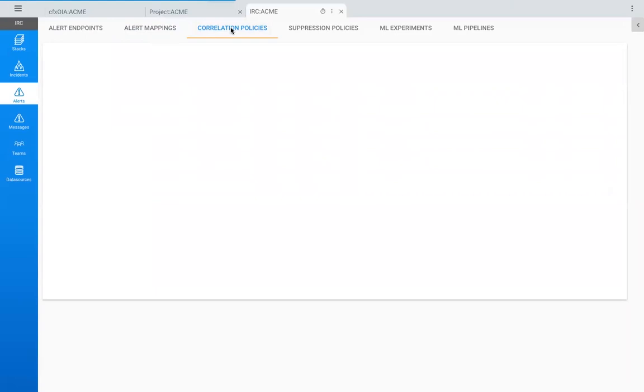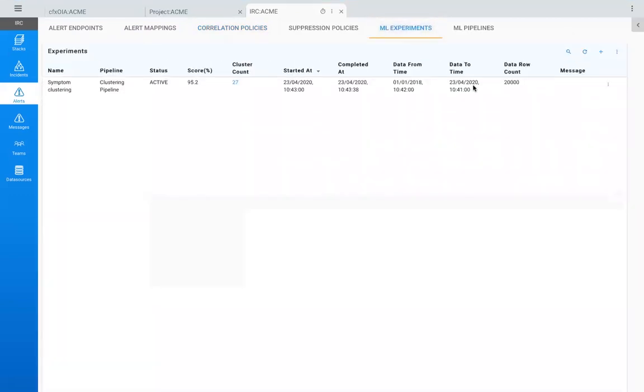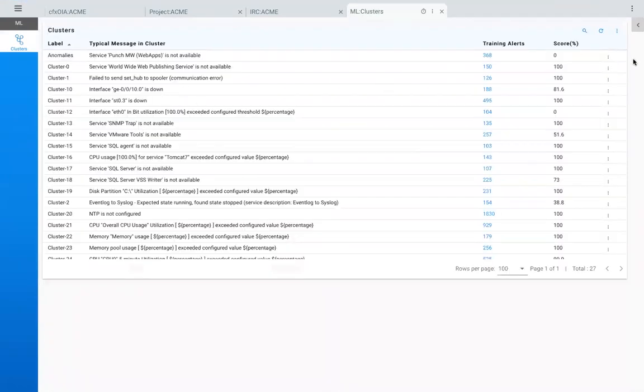And then the correlation policy. As we said, there are two ways to do it. Either users can create their own policies, but most important is your tool should support the ability to generate these recommendations using ML experiments. You should make sure that you have the ability to run experiments. It takes some time because you may want to try a few parameters, whether it's the cluster sizes, things like that. You can continue to optimize it, and you can see the clusters. These are all the recommendations coming from your ML experiments,